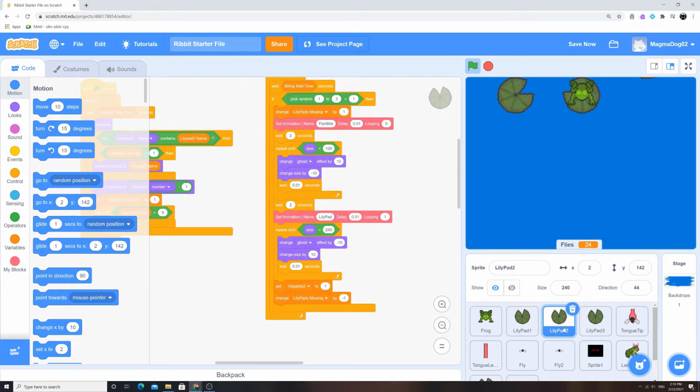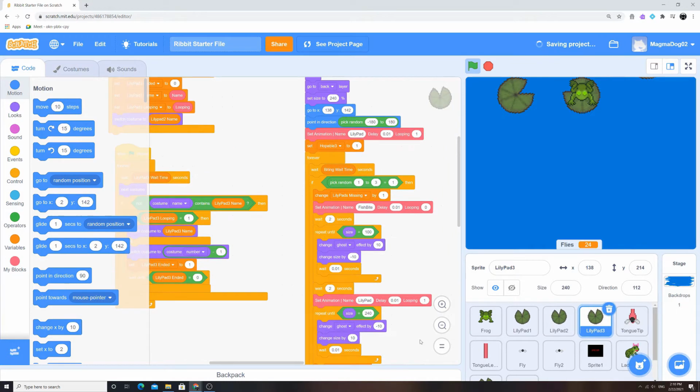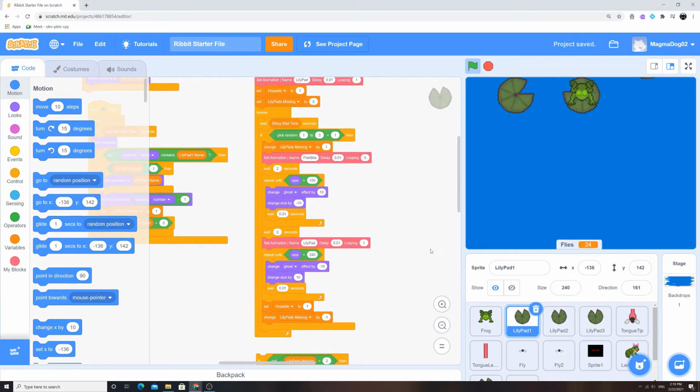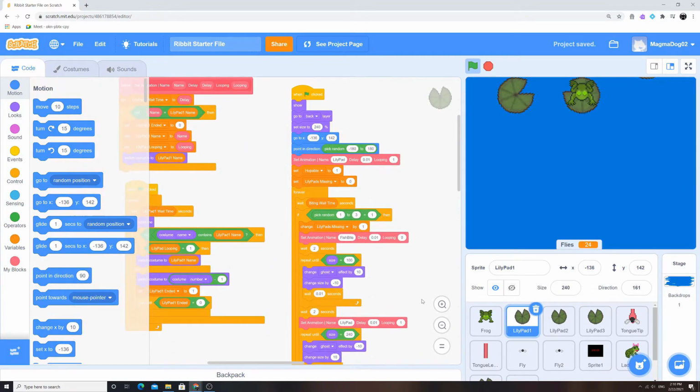So when you stick your tongue out, lily pad 2. And if you get bitten while your tongue is out, it will be on lily pad 3, hide, and then just so hoppable will be on lily pad 1. And the same thing with we could start it right now, but